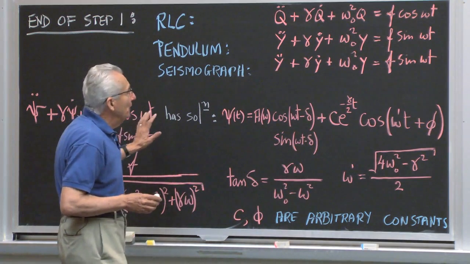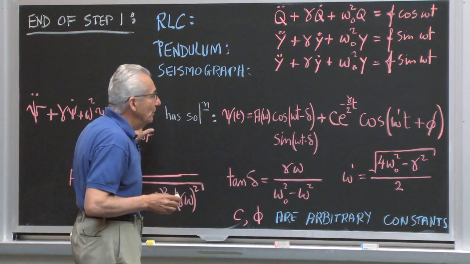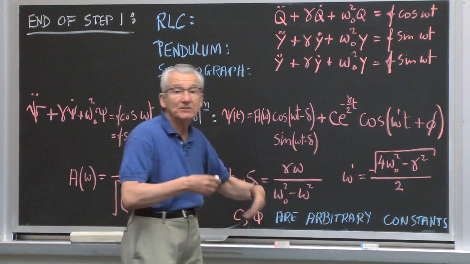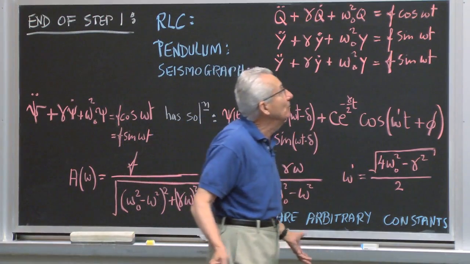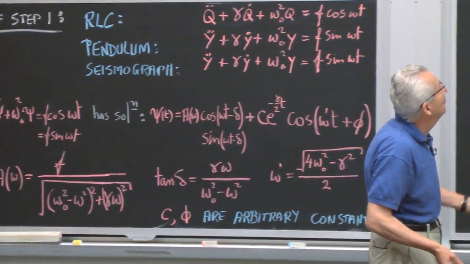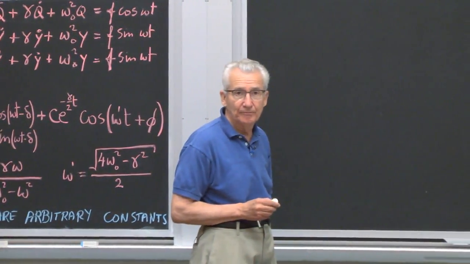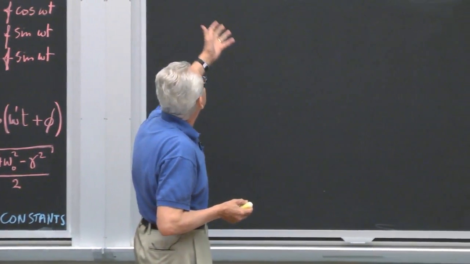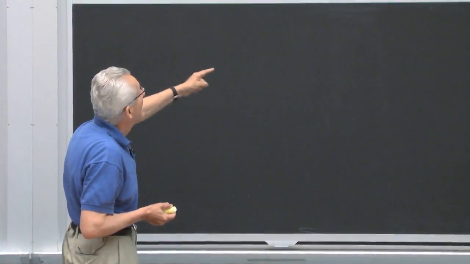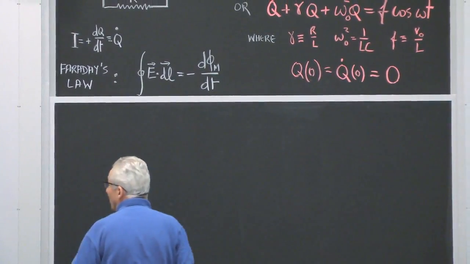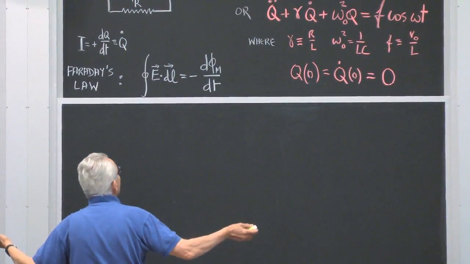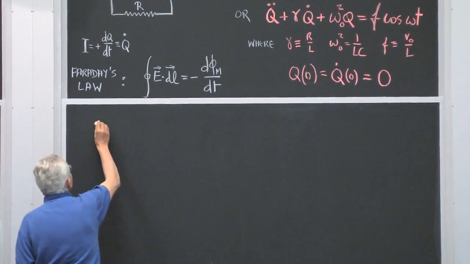Okay, so we found the most general solution. This solution must apply to every problem we've done. So I'll now take one of them. For example, let's consider this problem. We did this. We have an RLC circuit. There is the equation of motion. From here, I can immediately write what the solution of this is.